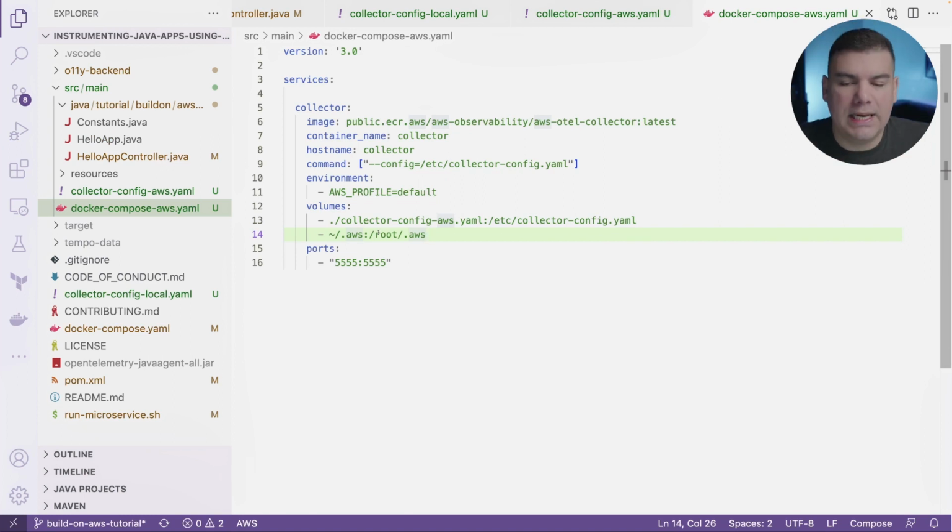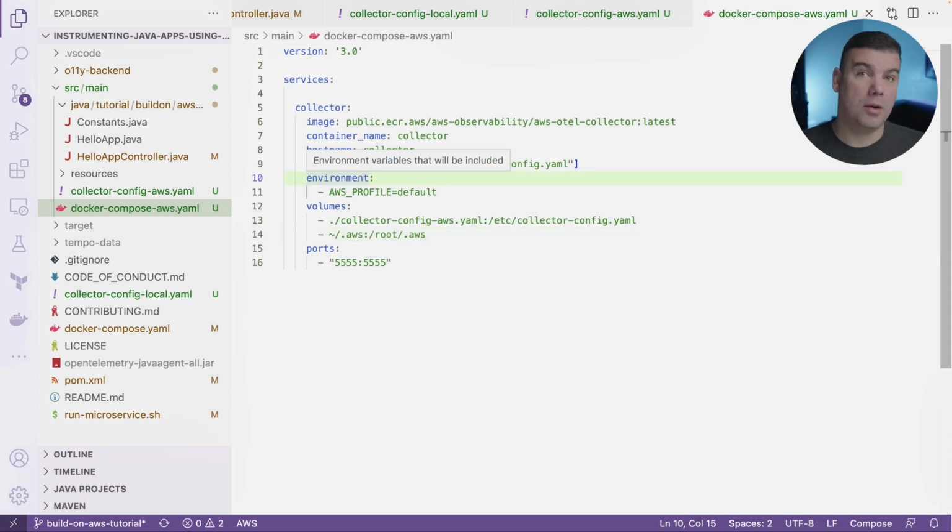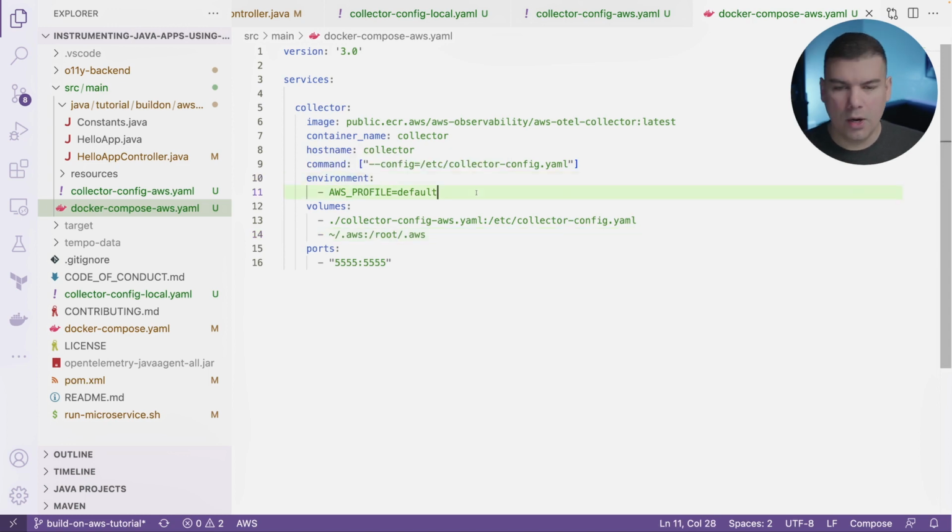So what we are doing here is providing the same credentials that I have on my machine to the Docker container image. This is one of the ways you could do this. Another way, this image also supports you providing your credentials using environment variables. That's another way to do it. Or perhaps you can create a service account or a session token. There are different ways for you to provide the credentials that this container is going to need to invoke the AWS services.